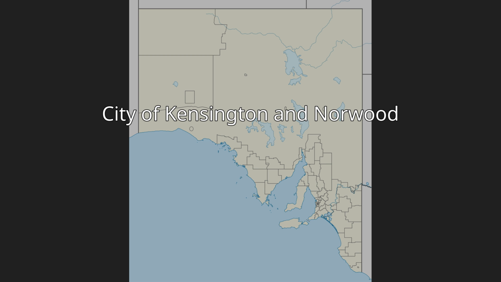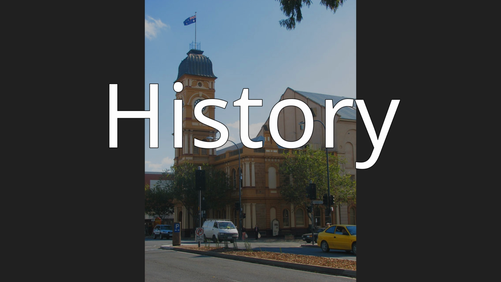In November 1997, it amalgamated with the City of Payneham and the town of St. Peters to form the City of Norwood, Payneham, and St. Peters. History. It was proclaimed on 7 July 1853 as the corporate town of Kensington and Norwood, covering the then